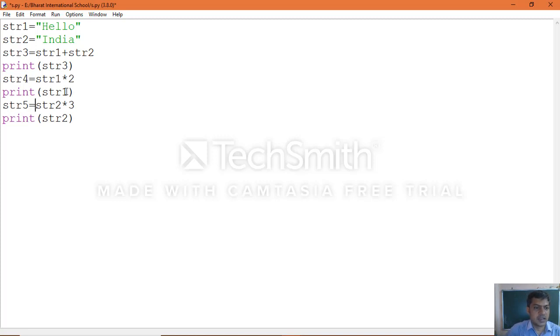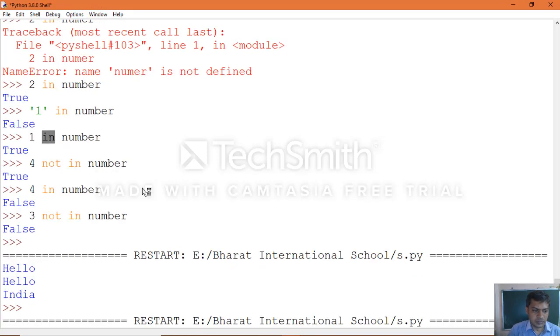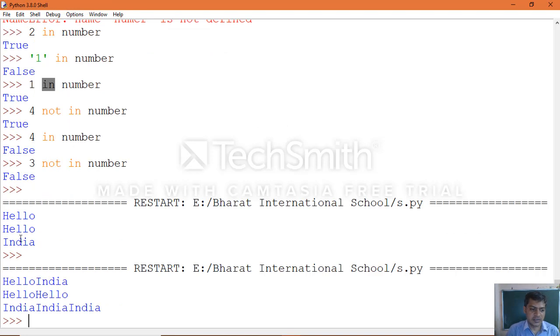str3, 4, 5. Whenever you make changes you must save, then go to run, click run module. Now see the difference. So that's why you must be careful. Concatenation, string repetition, string 1 and string 2 repetition.